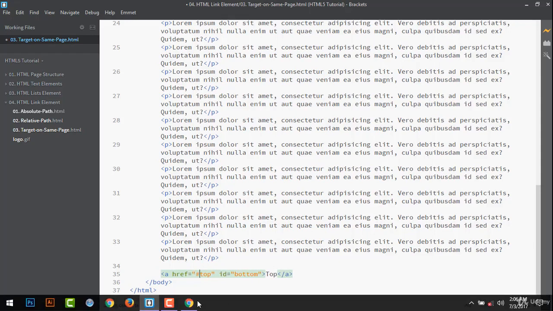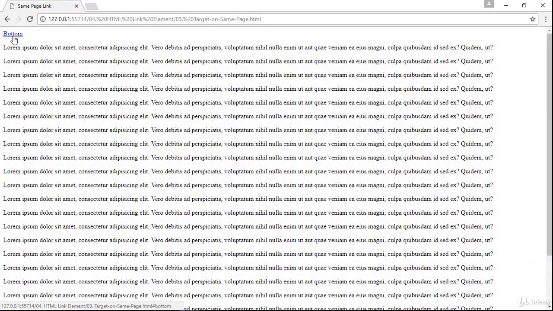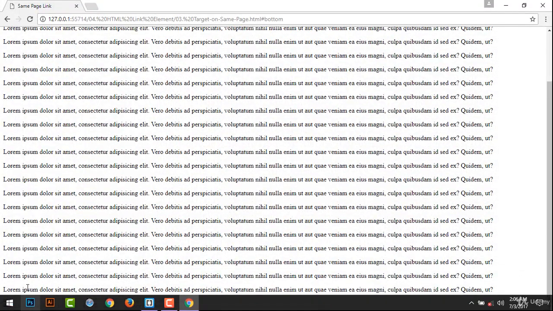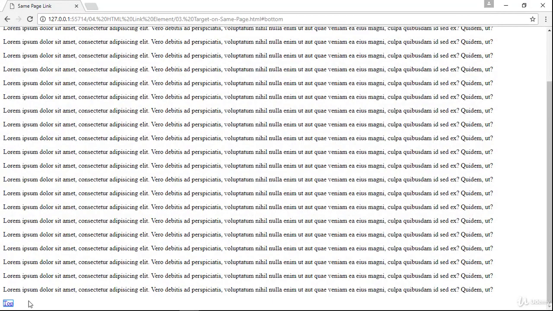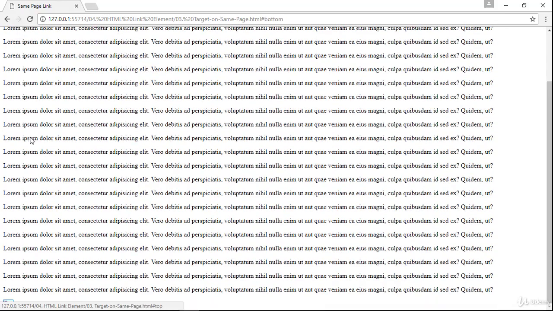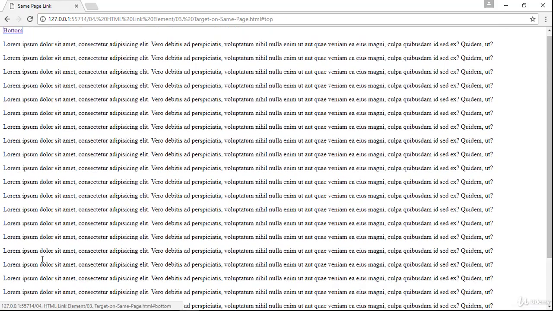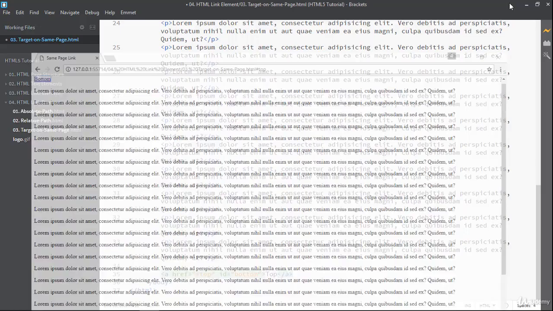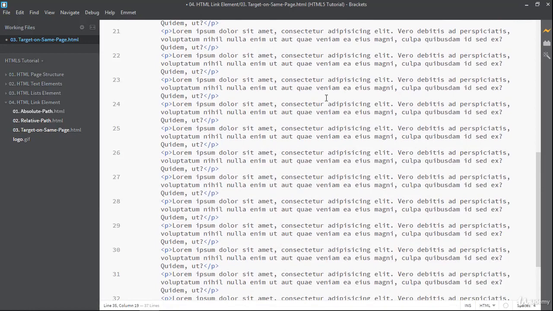Now see the result. If you click on bottom, then it will target the bottom element. Now if you click top, then it will go to the top. So bottom and top. So this is the ID attribute which can be used in real time.